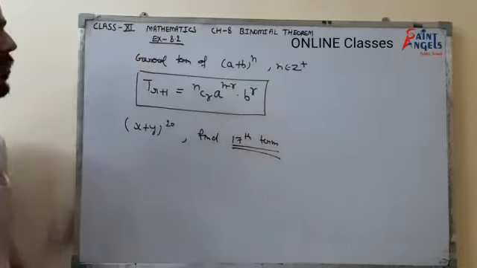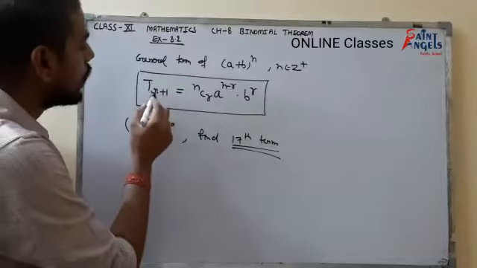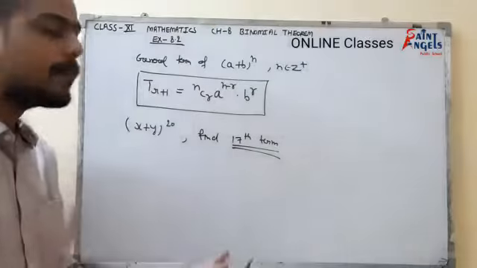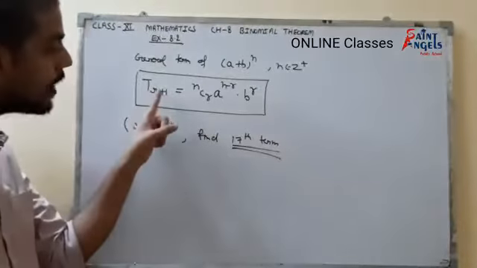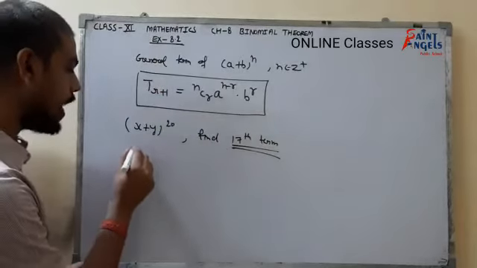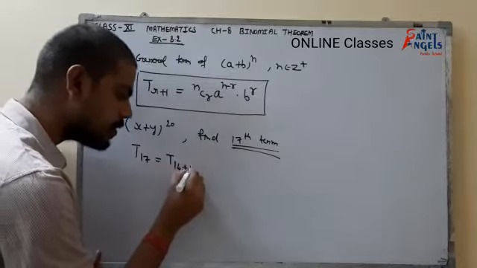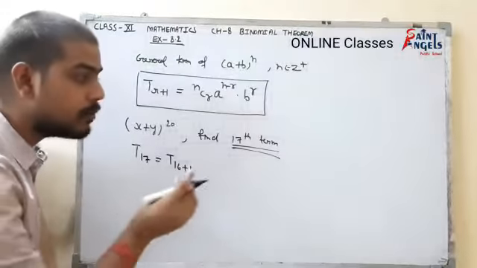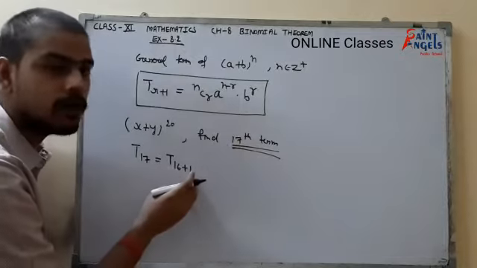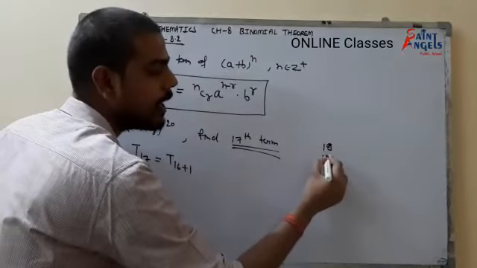Now the formula is very easy, but here one thing is worthy to notify: the formula is in the form r + 1. So whatever term we are looking for, we have to arrange that term into the form of r + 1. If I have to find the 17th term, I will not write 17, I will write it like T(16+1). If it is the 17th term, then 16 + 1, and if it were the 19th term, then 18 + 1.